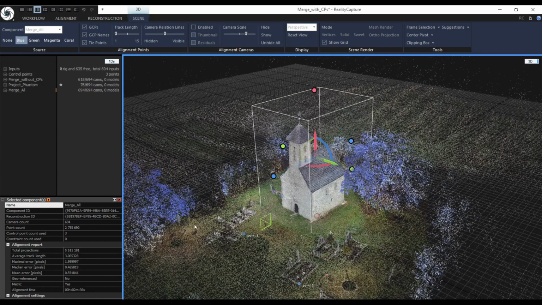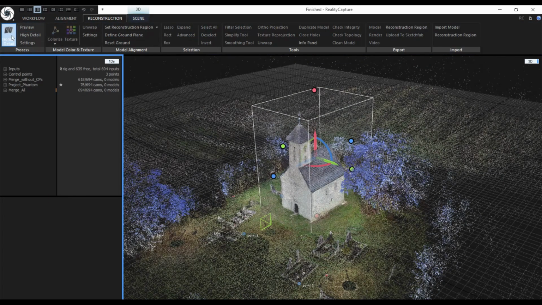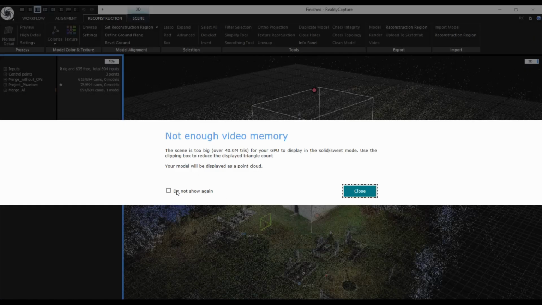When we are ready, I can go to the Reconstruction tab and start the reconstruction of the mesh by clicking on Normal Detail. On Normal Detail, RealityCapture will downscale the original images by the factor of 2 on the default settings. The reconstruction finished in approximately 1 hour, and if the scene is containing a lot of polygons, you can